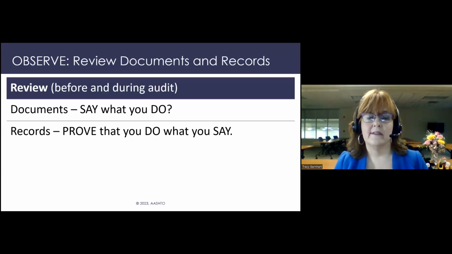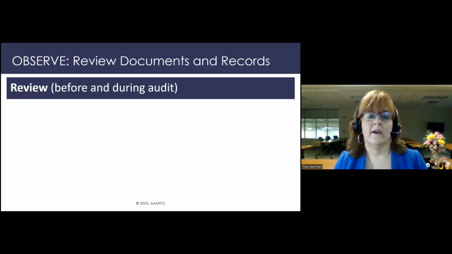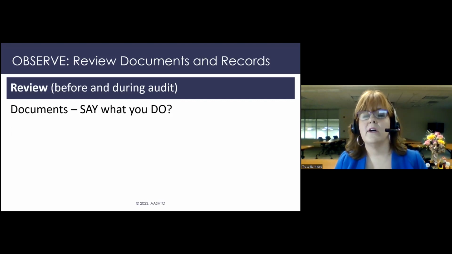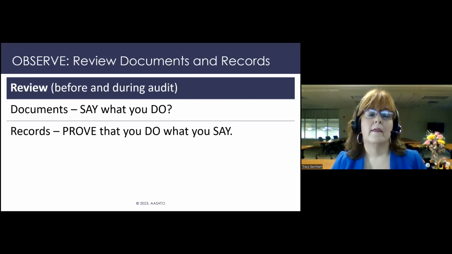Also in the observations part of the audit, reviewing documents and records. We talked about this during the planning. These can be reviewed before the audit and during the audit. So you may have already done a lot of desktop reviewing prior to this point, sometimes called a gap analysis, and you'll continue to review these during an audit. Here you're focusing on your documentation. Does it say what you do? And it's important to also make sure that all of your key processes and your unique processes are adequately documented in the QMS. And then the records, the proof that you are actually doing what you say that you're doing.